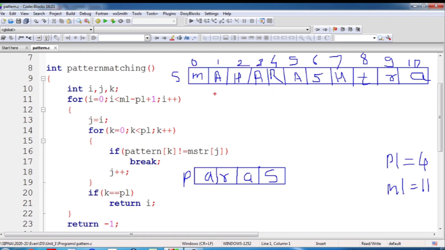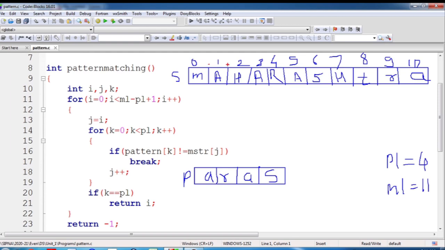When I is equal to 1, at that time the current substring will be this one, the substring which is starting from the index 1 and having 4 characters. And what will be the next substring with I equal to 2?